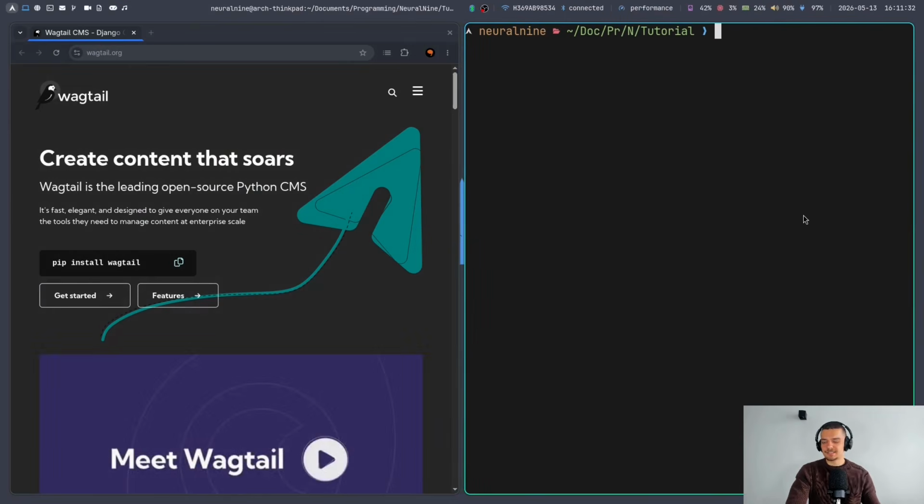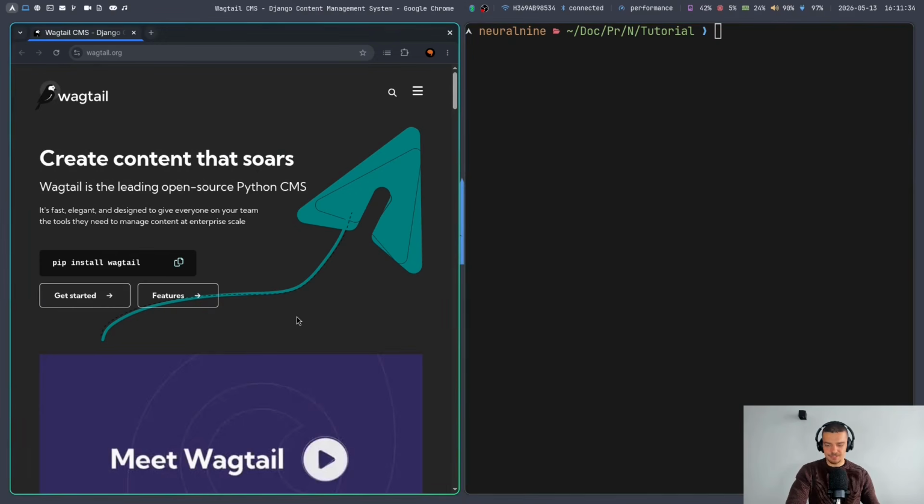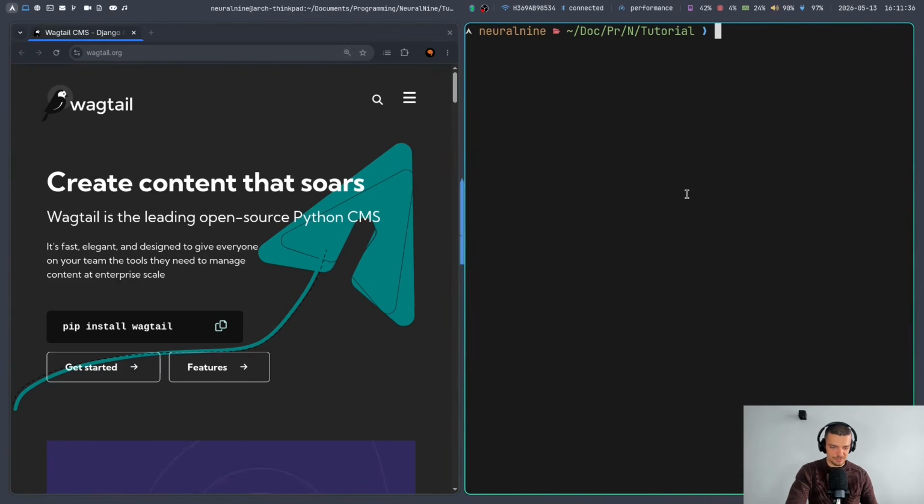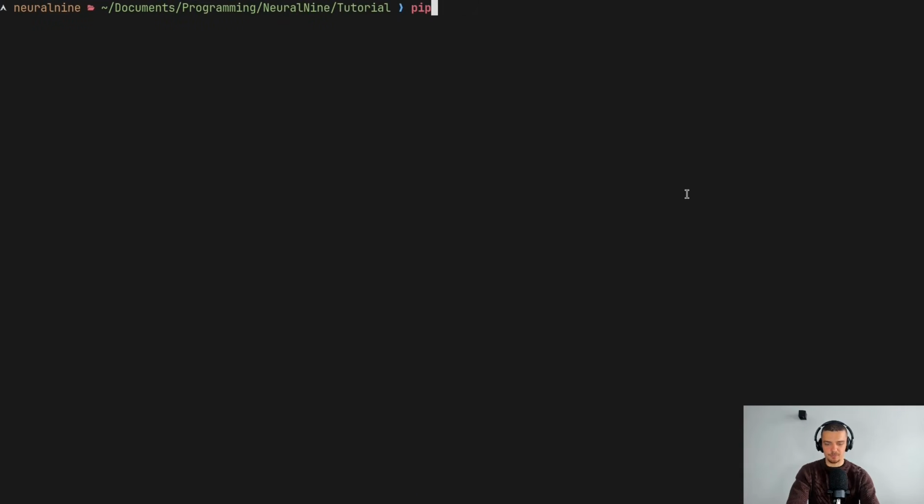And the official installation uses the system level pip install. You can do that. That's probably the most simple way to do that. You just use pip or pip3 install Wagtail, and then you just use Wagtail as a CLI tool. That is possible. I don't do that usually. I use UV. So in my case, instead of saying pip install, I'm going to say UV init to create a UV project. For those of you who don't know it, UV is a Rust-based Python package manager,